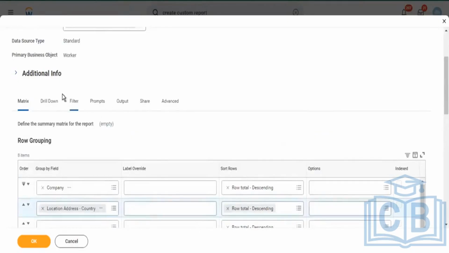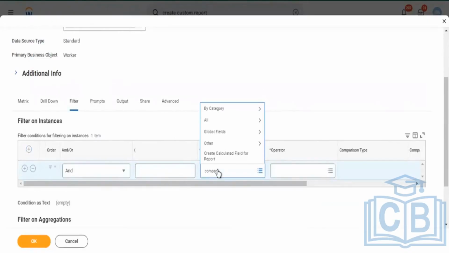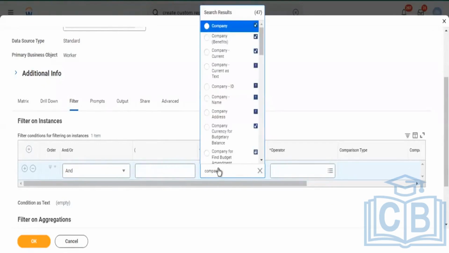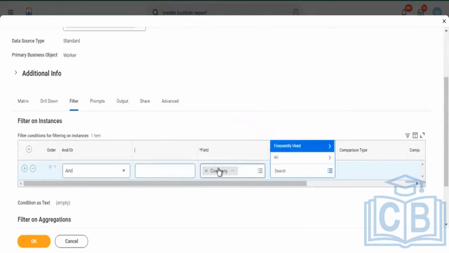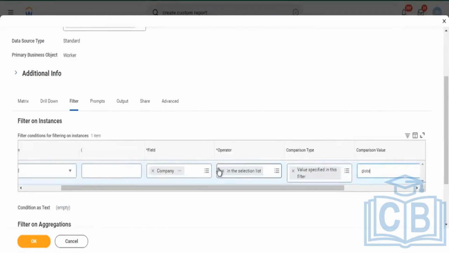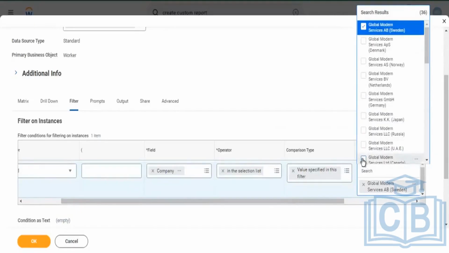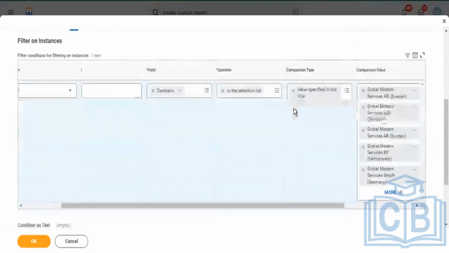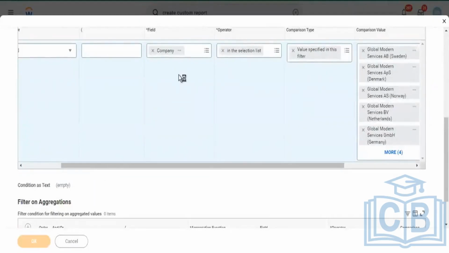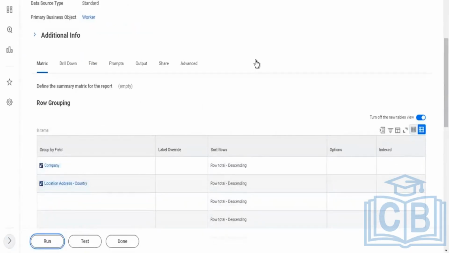I'll put a filter. Filter prompts, a lot of these values are exactly similar. I can go in here and say company. I'll put a filter too, else it will give me a lot of data. I'll only select some Global Modern Services. Right now, we have defined two levels of row grouping. When I run it,